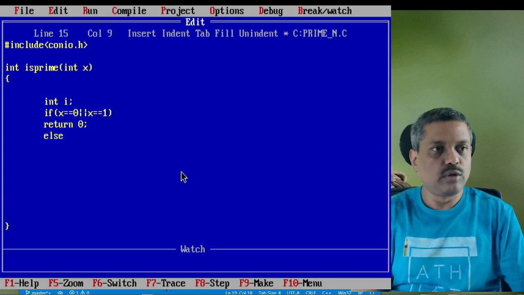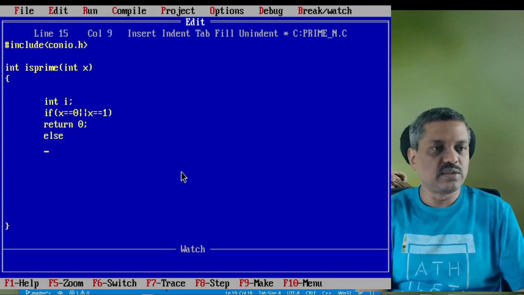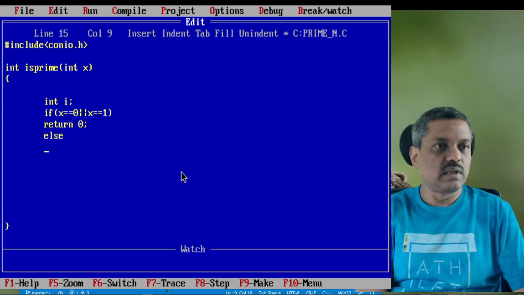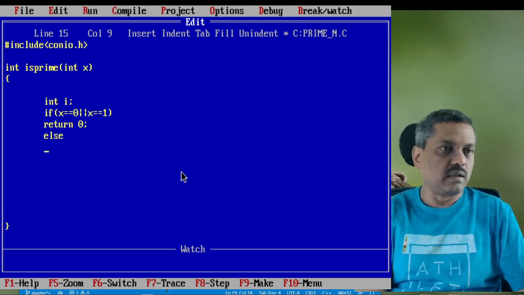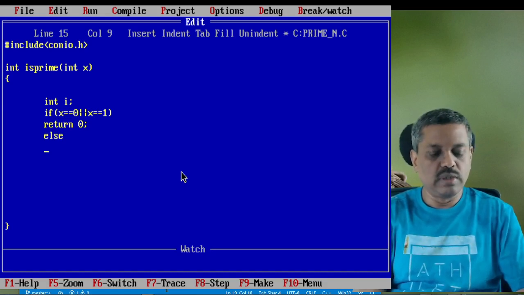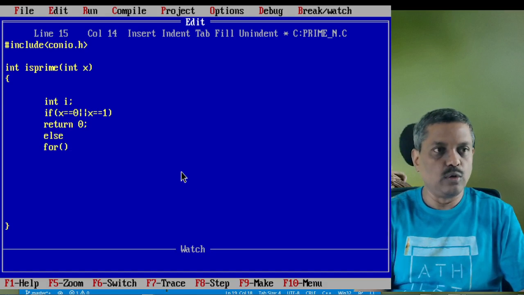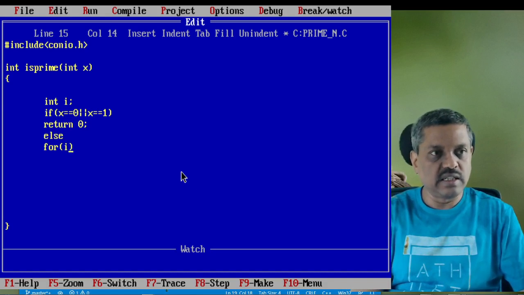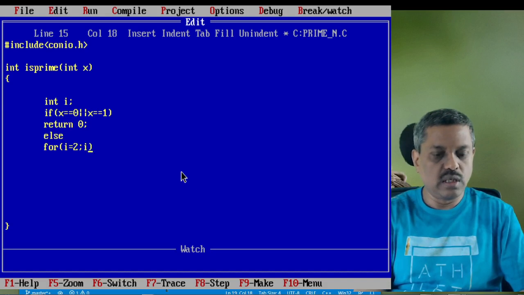Else we have to keep checking this particular number, whether any number is able to divide this given number other than itself or 1. So how to do that? We have to get into a for loop. I change the value for dividing that x value, starting from 2, and go on dividing until x by 2.